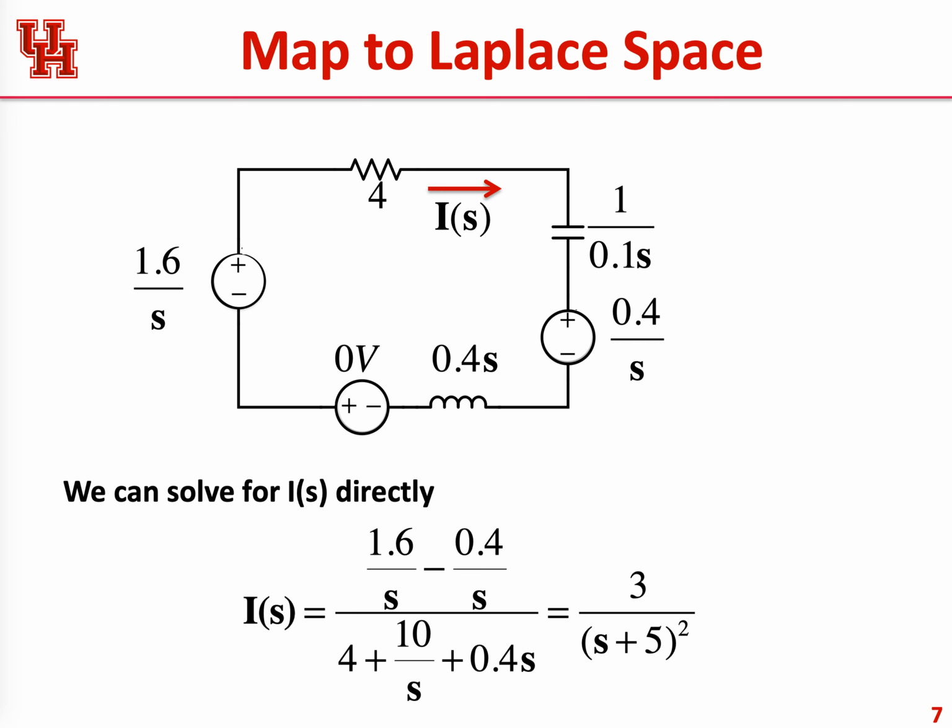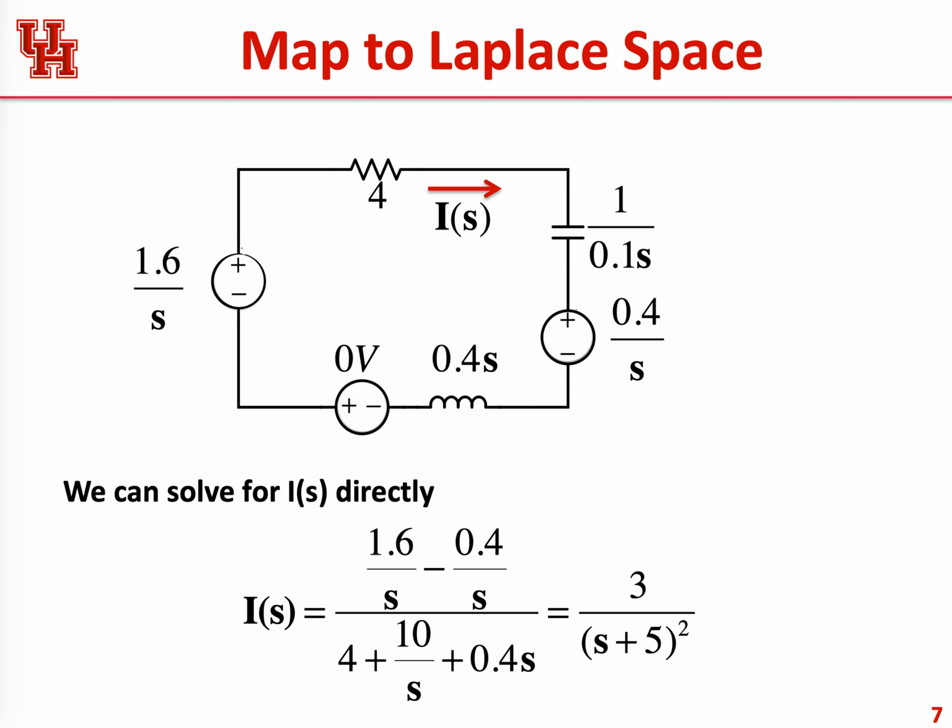So now we have a circuit diagram that mimics the circuit diagram that we were given, but it's in the Laplace domain, and it includes all the initial conditions. So this is a very general representation of our circuit. And now all we have to do is simply solve it. So if the current through this is given by Is,